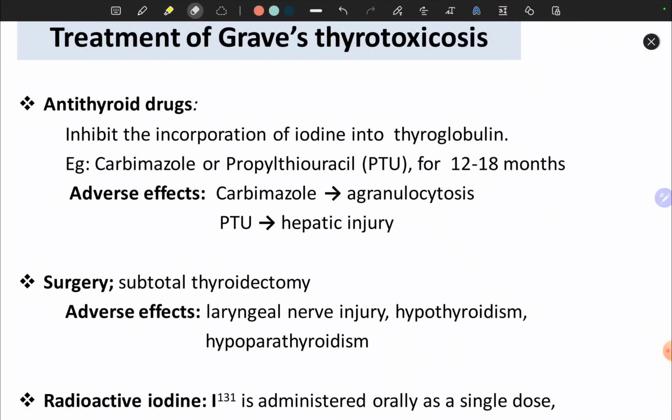People with Graves' disease, after taking the medication regularly for 18 months, have